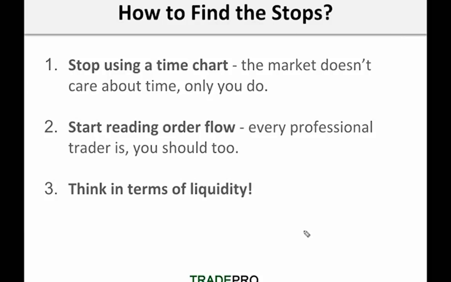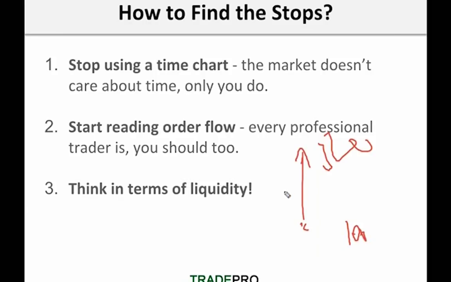Many traders say, hey, if I could make 2 points and make $100, if I make 10 points, I can make 500, right? Wrong. That's very wrong, because the more you stretch your target out, the less likely it is to reach there. Every time you get a 10-point winner, you get a 2-point winner and a 5-point winner. But every time you get a 5-point winner, you don't get a 10-point winner. That significantly changes your percentages.